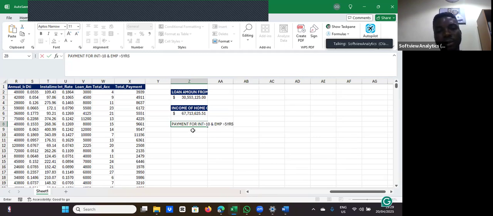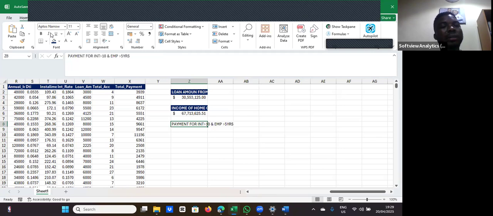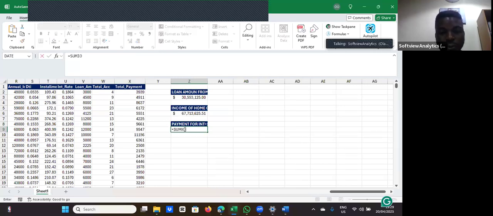All right, let's just leave it this way, right? Let me format it, this and that, right? Make it bold. And of course, we can see that that is equals to SUMIFS, right? The first thing it is asking us, in the case of SUMIFS, is sum range. So what we want to do, we want to sum,